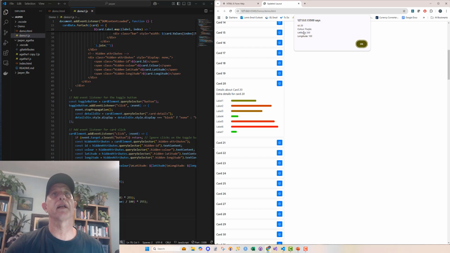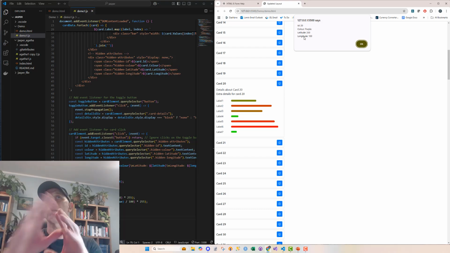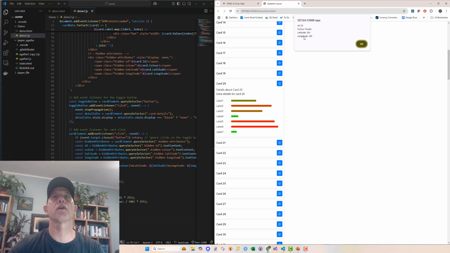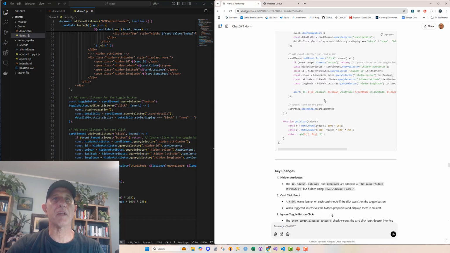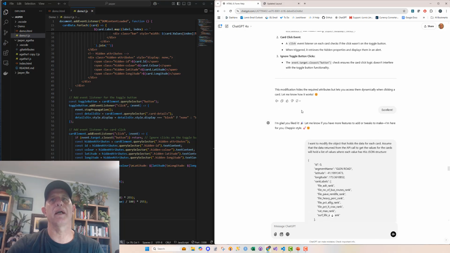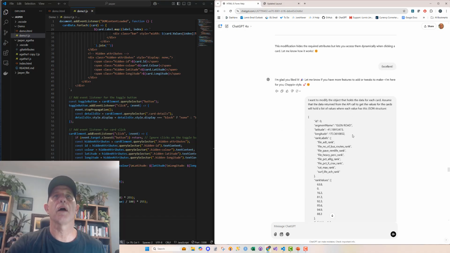I'll show that in later videos, where I basically want to zoom in on the map where the card was clicked or something like that. And so it described the changes to me, and I said, excellent. I don't have to say it to the machine, but I like to do that in any case. And then it asked me if I want to do anything more, and I said, I want you to modify